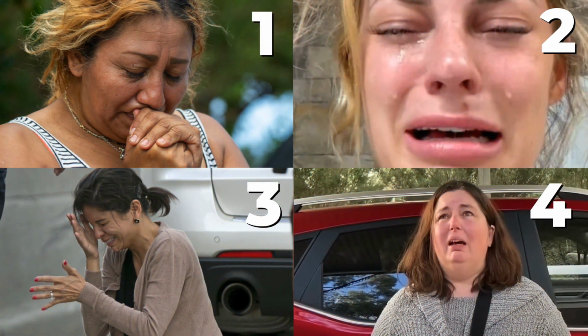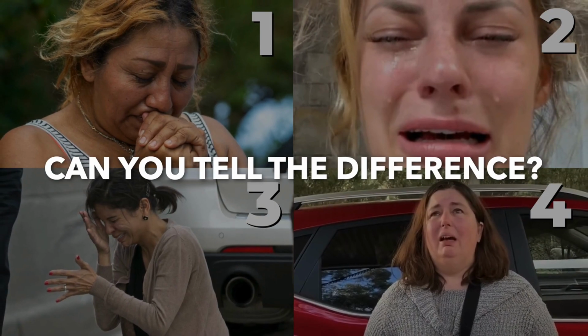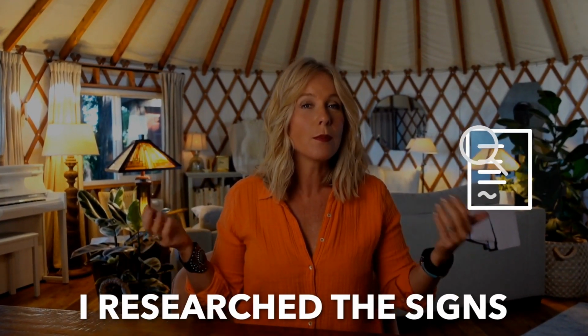2 of these show real emotion, 2 of them don't. Can you tell the difference? I wanted to find out if there was a way to spot the difference between actual sadness and fake manipulation. So I researched the signs, and I'm going to show you 3 tricks to make sure that you're never duped